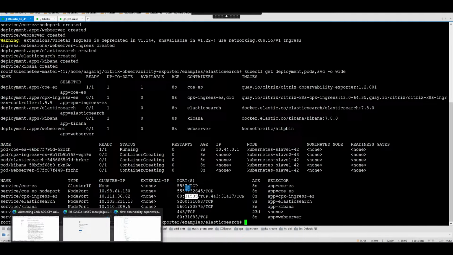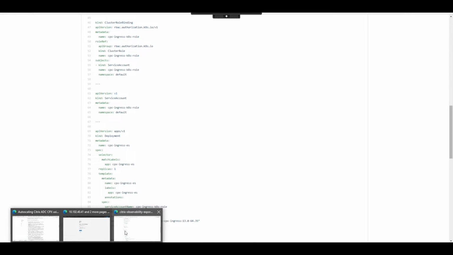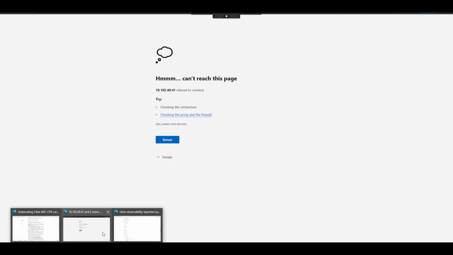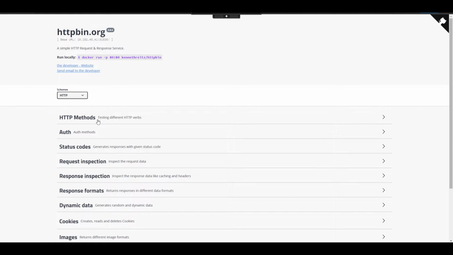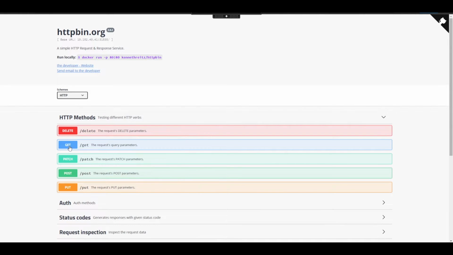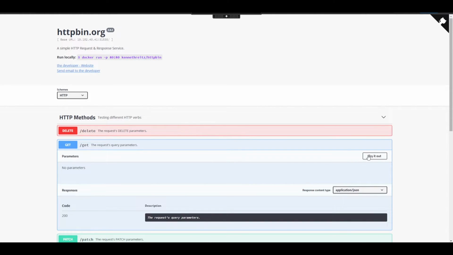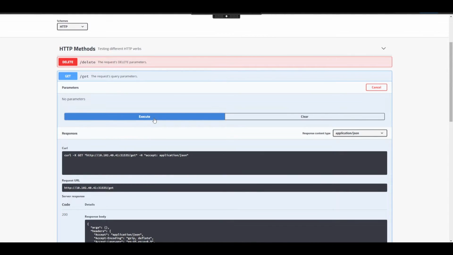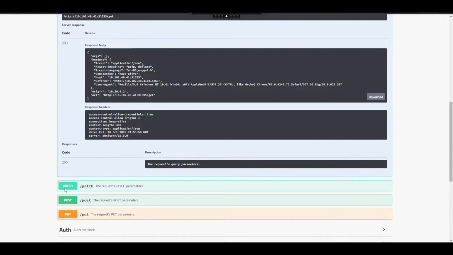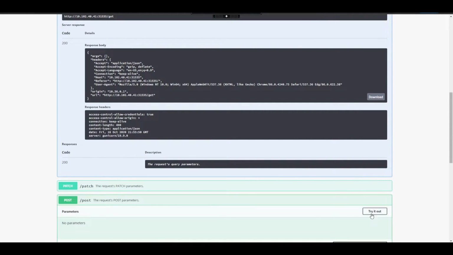Let me quickly open up the browser, and with my node IP I will put the node port, and this is our sample application. So let's send some traffic by creating some GET requests. So some GET requests, maybe some POST requests.